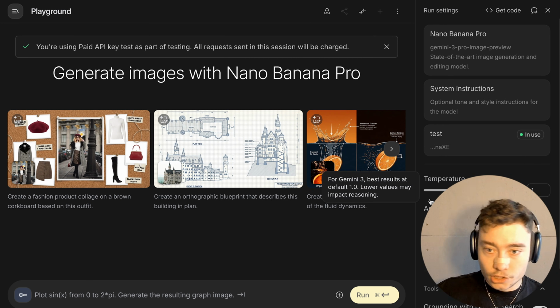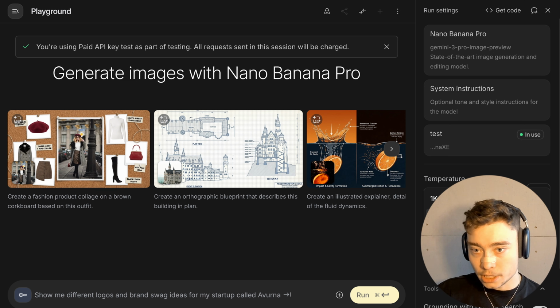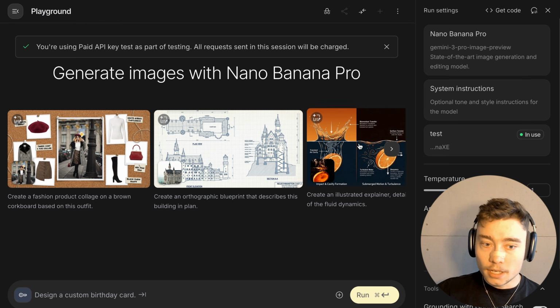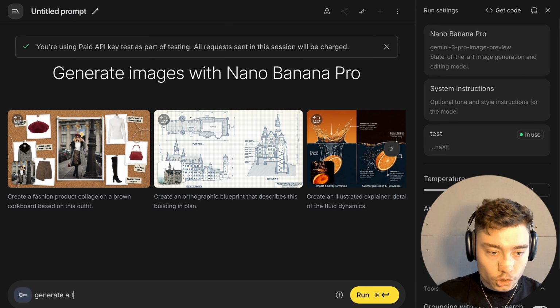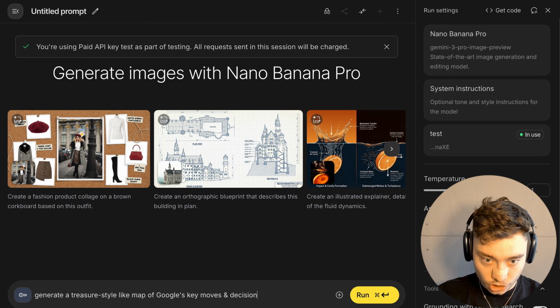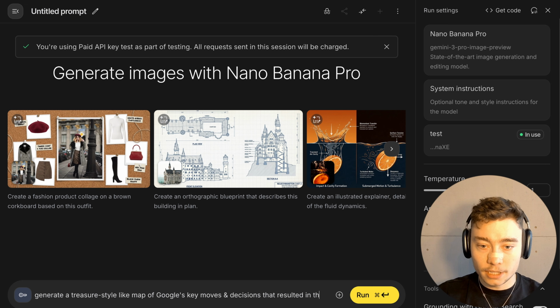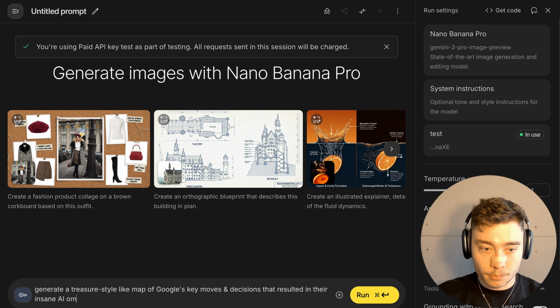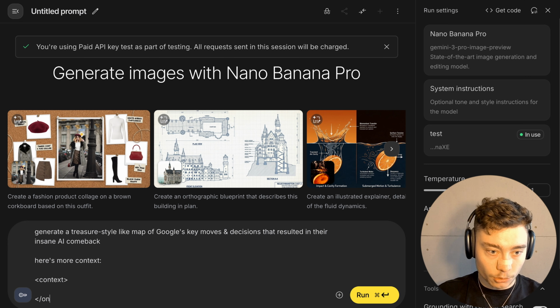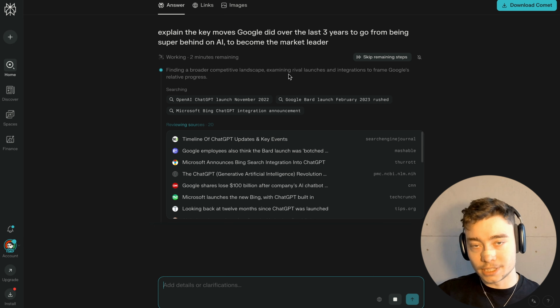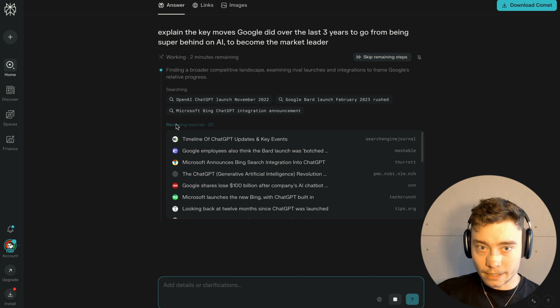Let's prepare something. So this could be like a one-on-one post, maybe on Twitter or Instagram. Let's do 1K for a faster generation. And then we're gonna prepare a prompt while this deep research is still going. Generate a treasure style-like map of Google's key moves and decisions that resulted in their insane AI comeback. Here's more context. And I'm gonna do XML tags because that's how you do proper context engineering. Boom, and then inside of those, I'm gonna paste in the results of the deep research, which again, Perplexity checks like 100 different sources,